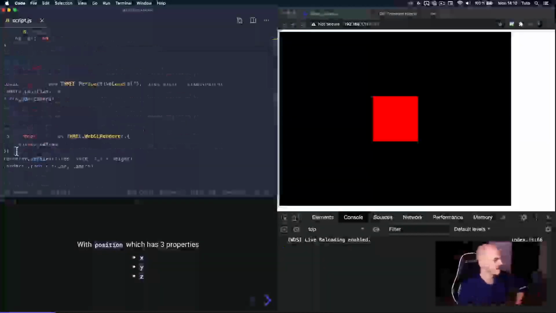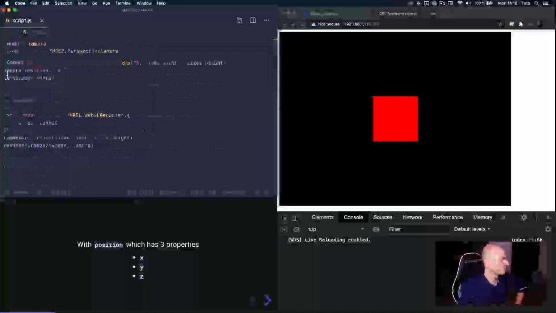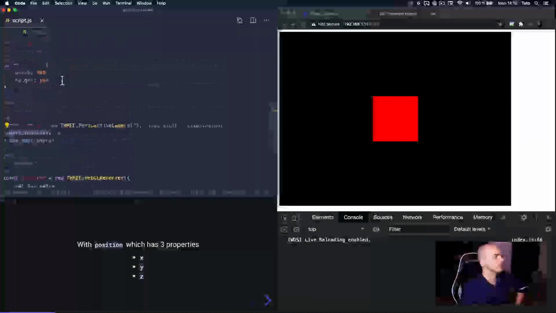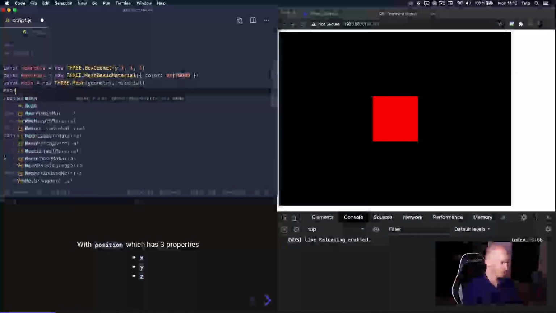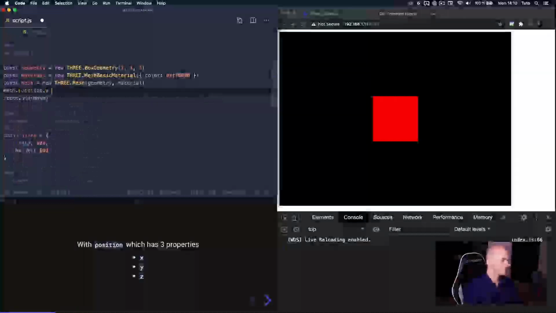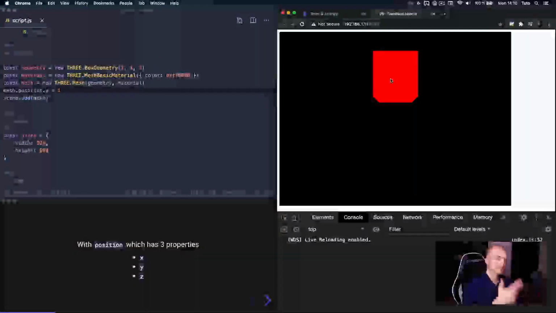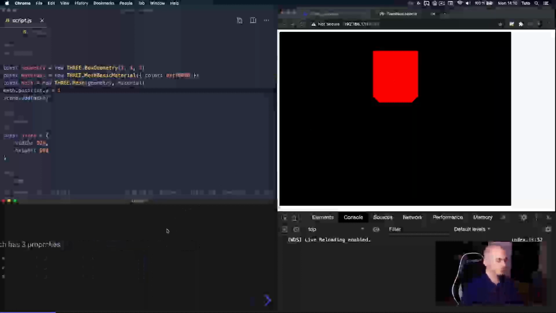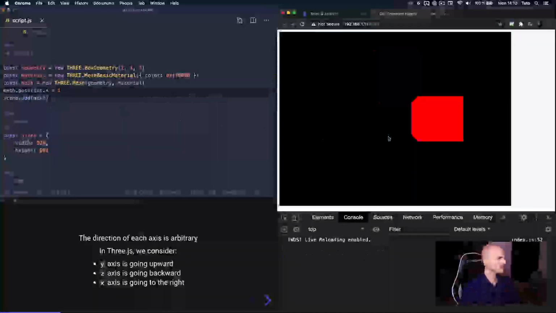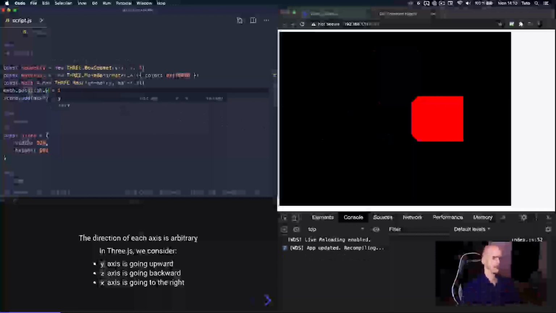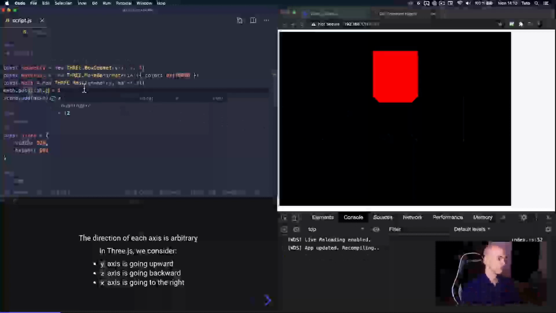You can do it on the camera as we did in one of the previous lessons, like this, but you can obviously do it on a mesh, because mesh inherit from object 3D. If I do something like mesh.position.y equal, let's say 1, you will see that the cube is moving on the top, upper. But what about those axes? It seems like X is going left and right, Y is going up and down, and Z is probably going